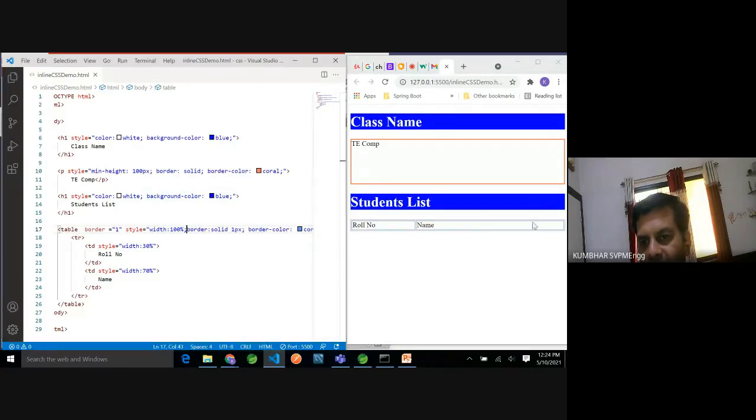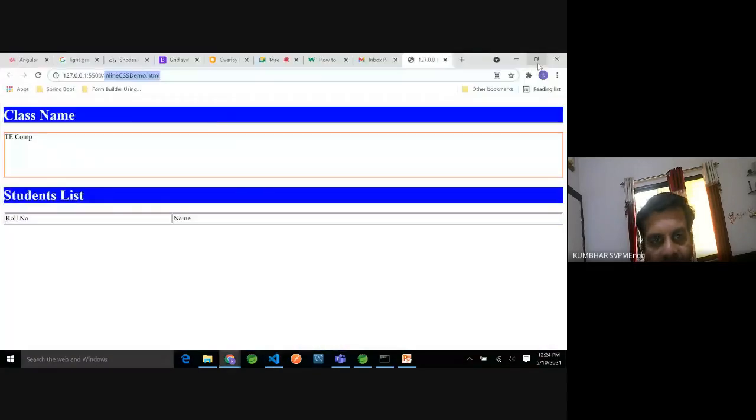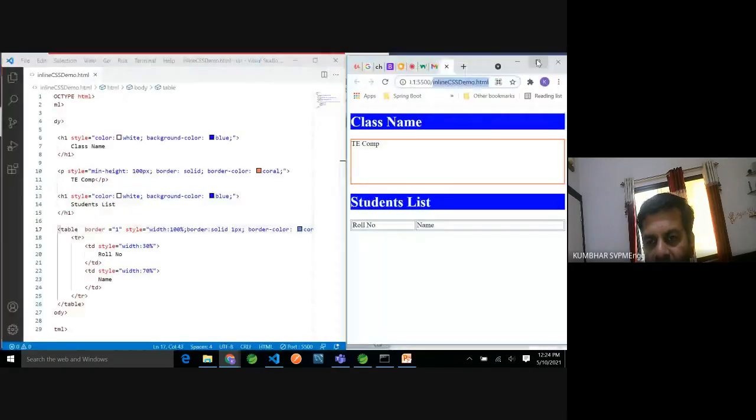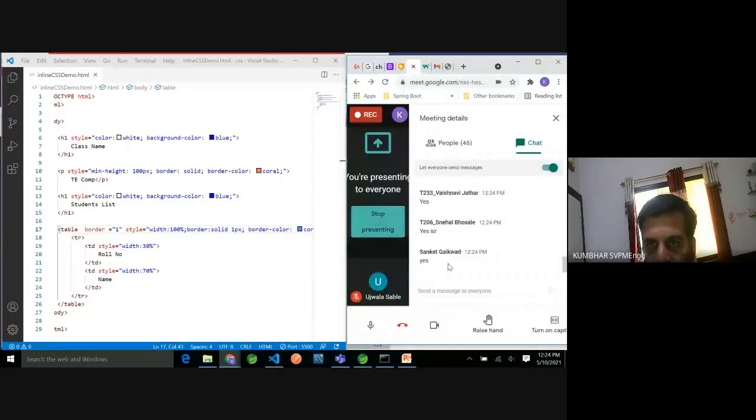So now my table is occupying the whole page. If I maximize this, the table is going for the whole page. Yes, give me a quick reply if you understand this. Parallelly, I am trying to go with the style as well as how you can manage the page. So please reply if you are getting it okay. Great.